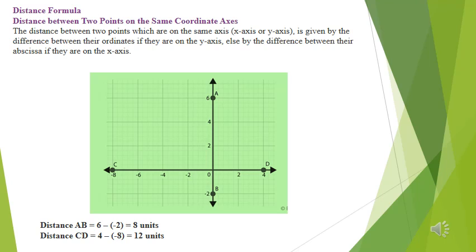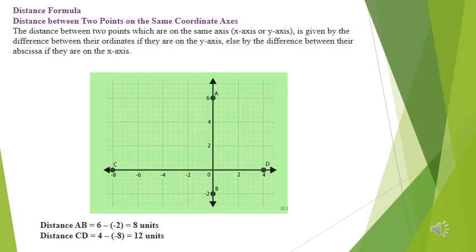So students, let us come to our main topic, that is distance formula. Distance formula is used to find the distance between any two points, which is given by the difference between their ordinates and the difference between their abscissa. We have to add the squares of these differences and then take the square root. So this is used to find the distance between any two points.